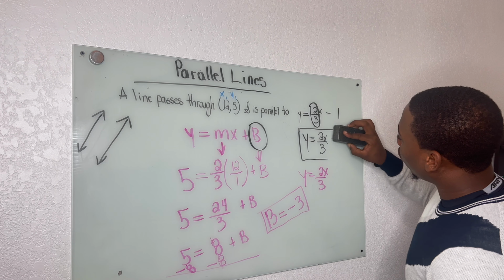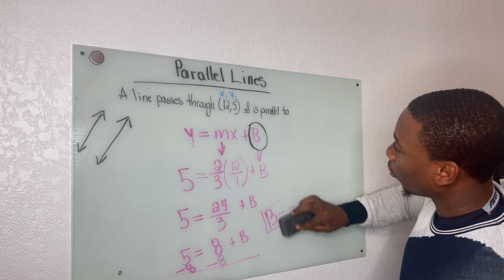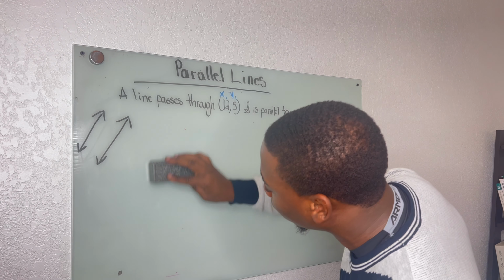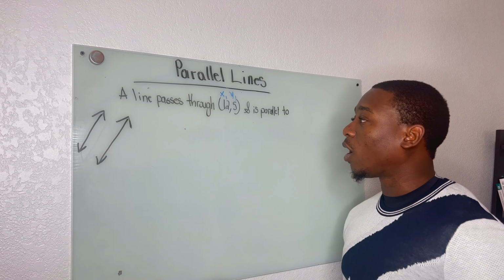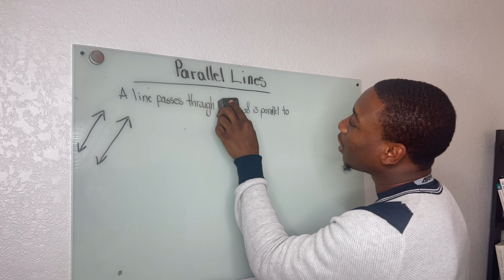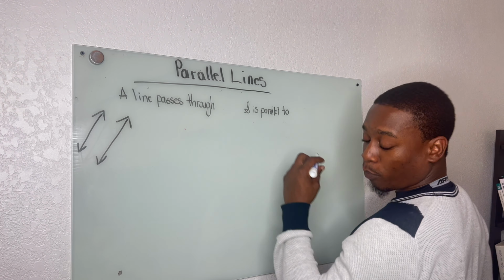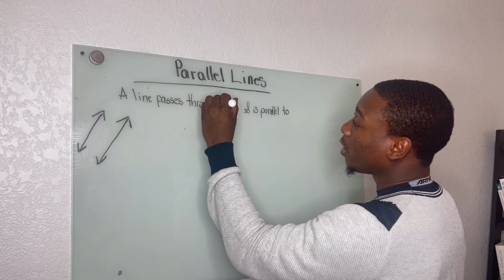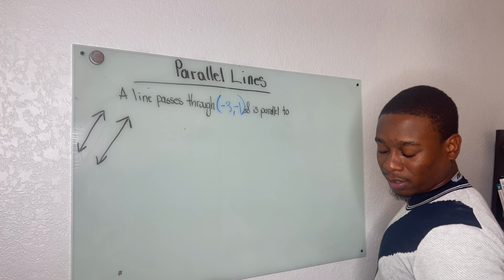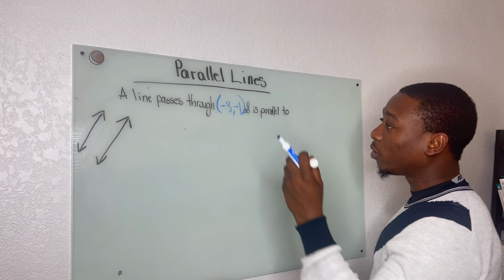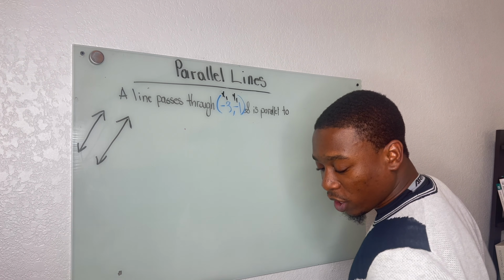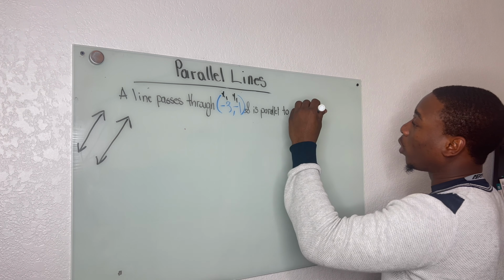All right, so we're going to go on to our second problem. In this second problem, this is a very important and vital problem because there's a big common error that a lot of students make. And I want to make sure that you guys are prepared so you will not make that same common mistake. So the point is going to be a little different now. It's going to be -3 comma -1. And let's just identify the x1 and y1 for now, just to get it out of the way, right? X1, y1, and the line should be parallel to the equation